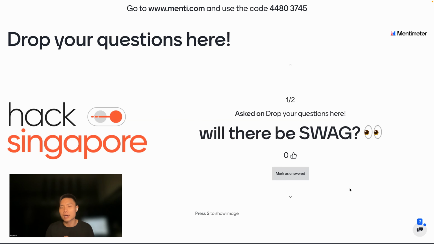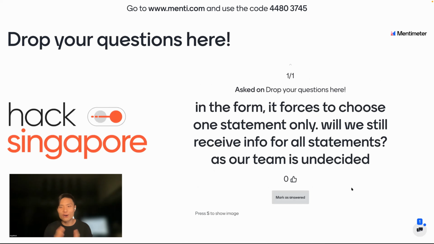And yes, there will be swag. Apart from the winners, who will be getting a hackathon hoodie as part of the winning prize, we will be giving out swag during the in-person events that we're looking at for both the 19th of January and, hopefully, the 16th of March. On top of that, all the participants who have registered and eventually submit a project will also be entitled to the swag as well.